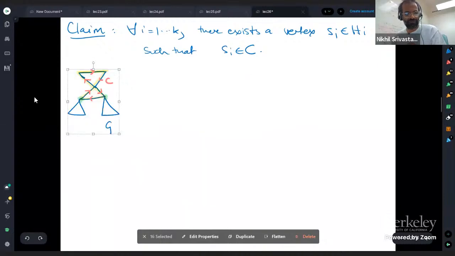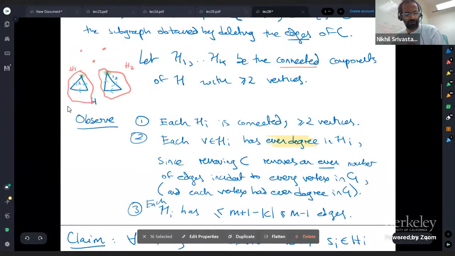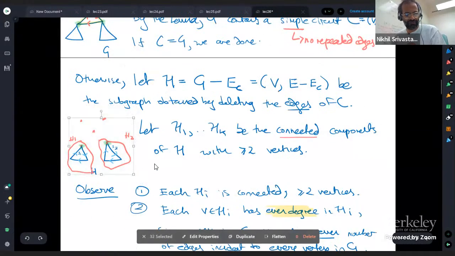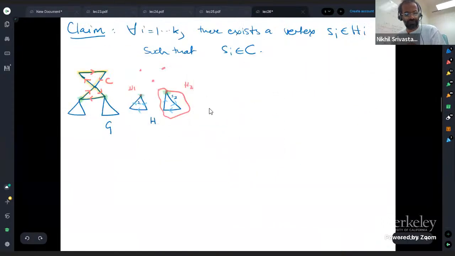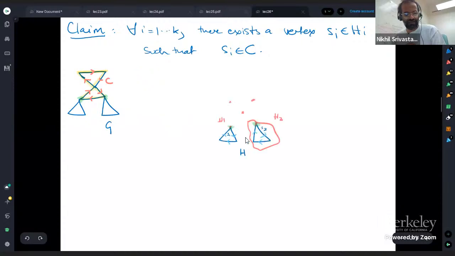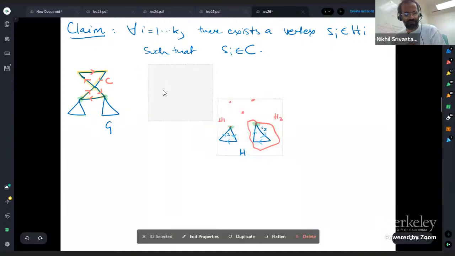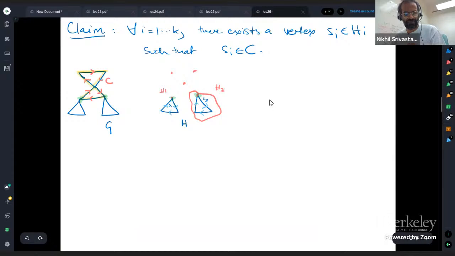So this was my original C, and now I also had this H1 and H2. And the idea is that I'm going to, I don't know how good my drawing skills are going to be, the idea is that I can glue all of this stuff together to get the